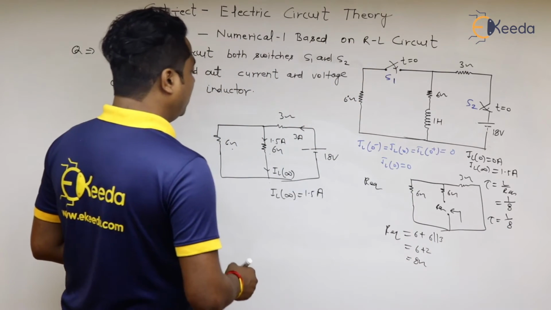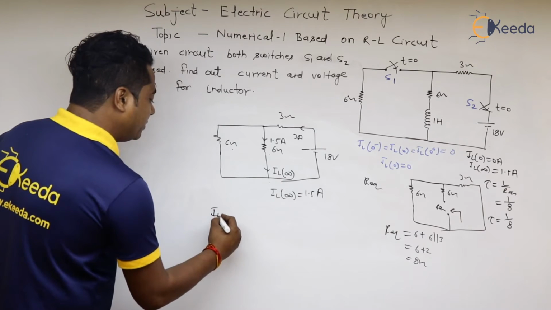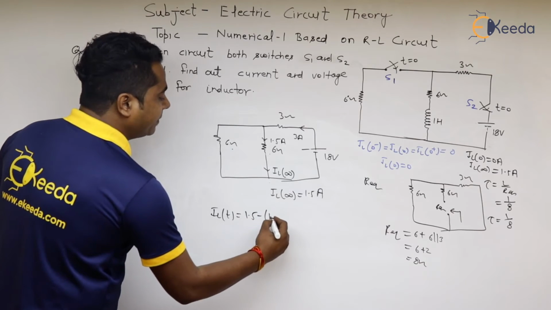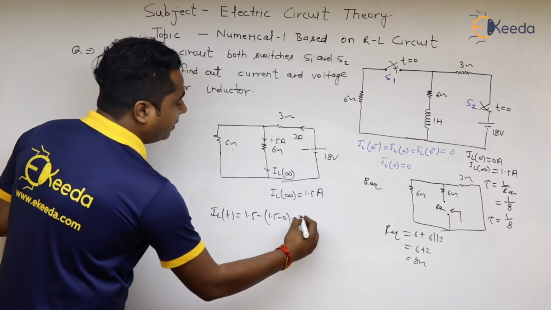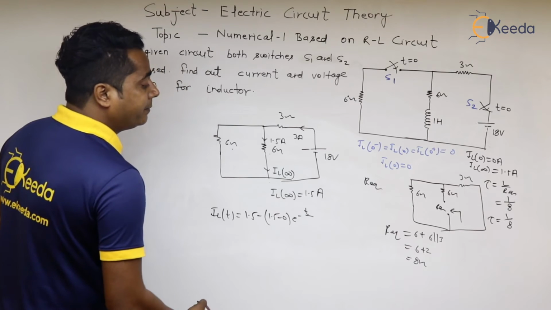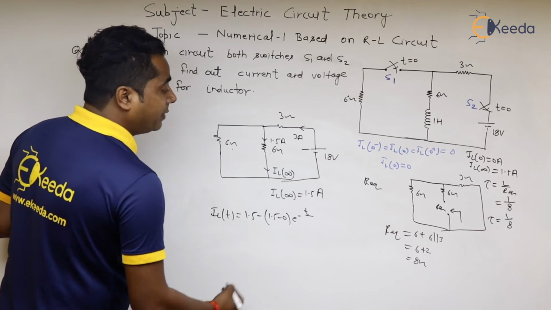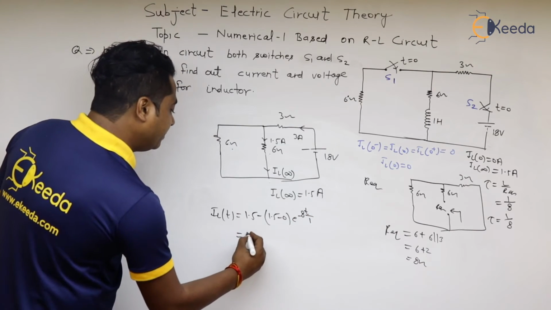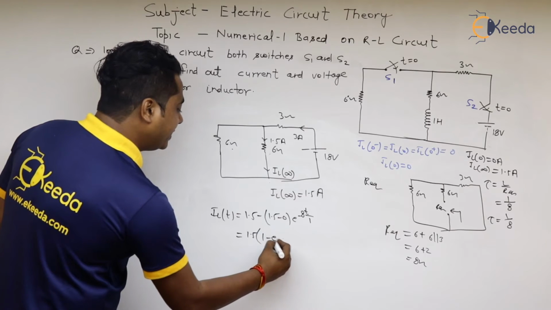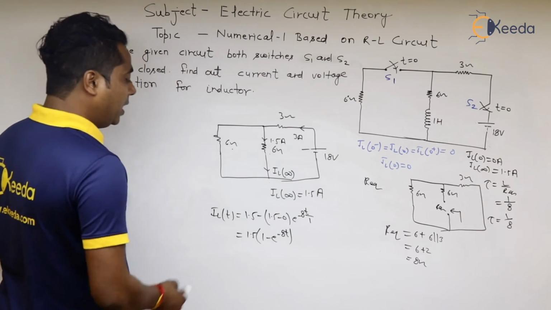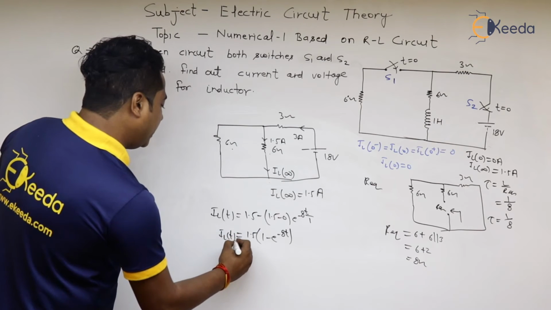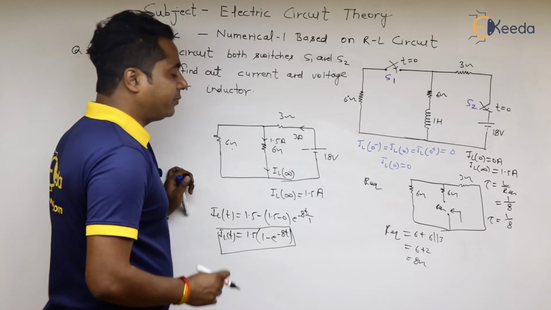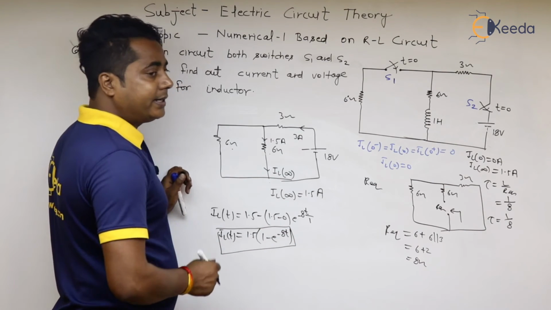Putting all these values in the shortcut formula, ILT is equal to IL infinity, that is 1.5, minus 1.5 minus 0 e to the power minus t upon tau, and tau is 1 by 8. So the value is 1.5 into 1 minus e to the power minus 8t. The current equation for inductor is 1.5 into 1 minus e to the power minus 8t,